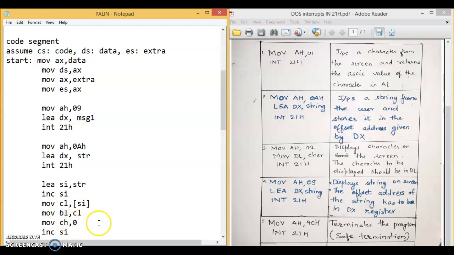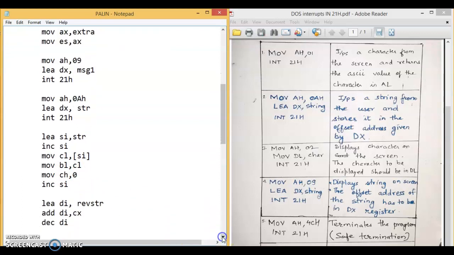Here we are working with strings, so we will be working with loop instructions and repeat instructions, so our count needs to be in CX. So with this our count is loaded in CX. Since our count is 8-bit, it is copied also in BL for later use. And incrementing this pointer will point to the first character of the string.